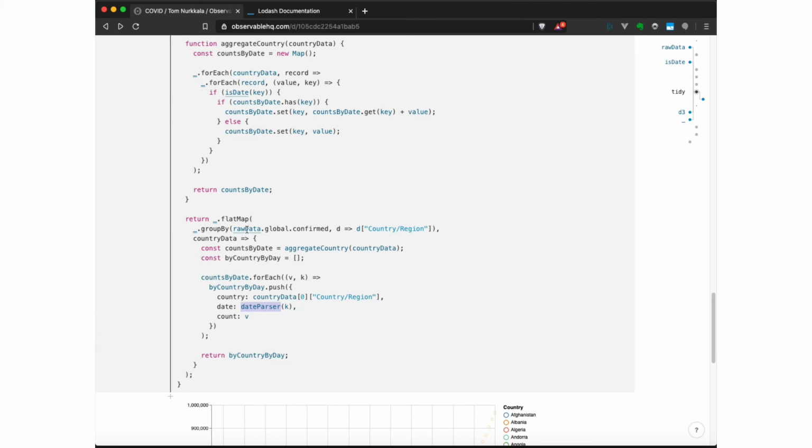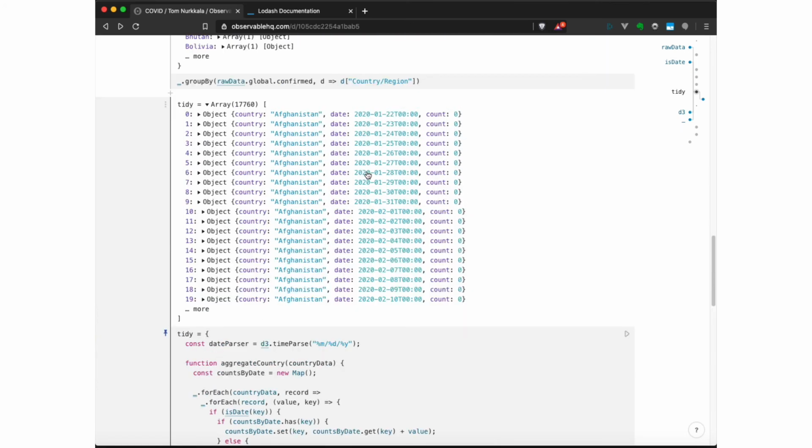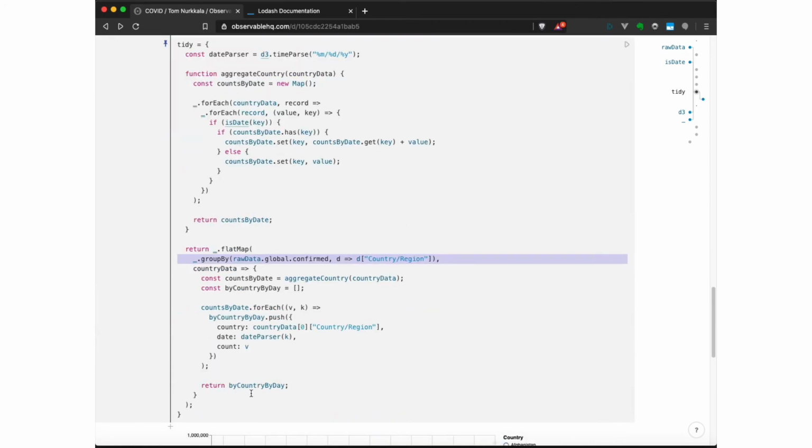So we're going to take the original data that came in from the internet that we've grouped by country and convert that into a list of the individual country, day, and count for that particular country. If we just used an ordinary map function, we would end up with an array from the map of arrays that correspond to these by country by day values. What flat map does is it creates that array of arrays, but then it flattens it down into